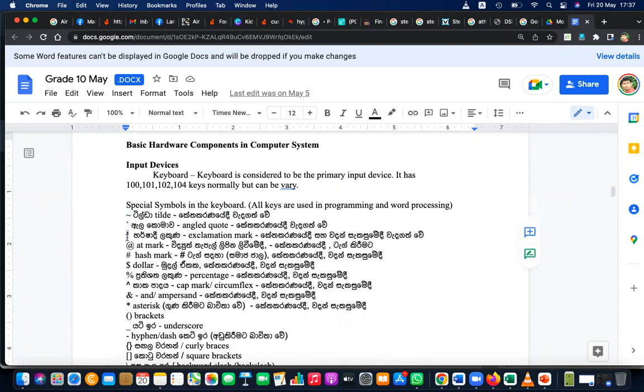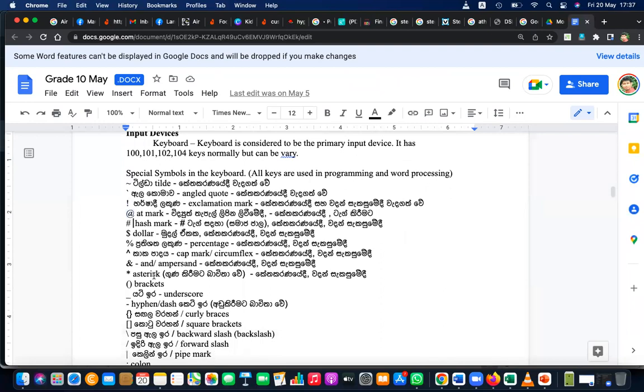Then the exclamation mark. This is actually key 1, if you press shift and 1. The @ symbol is used for email addresses. Hash, basically hashtags, you know, in social media, it's very popular, the hash symbol. Dollar is a currency, percentage is used as a percentage and also as a modular